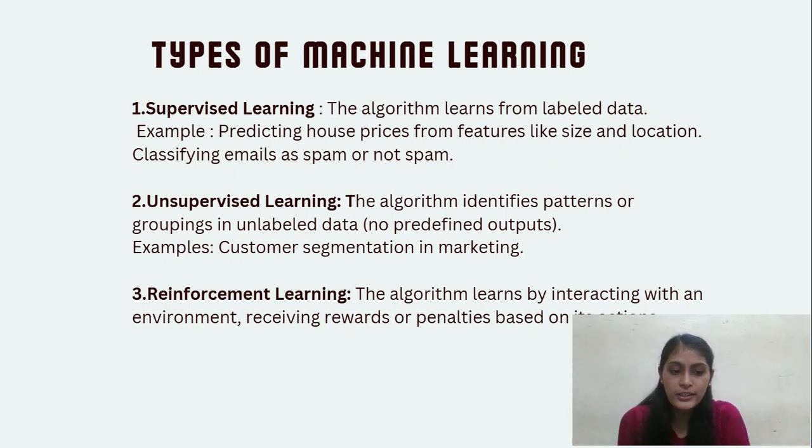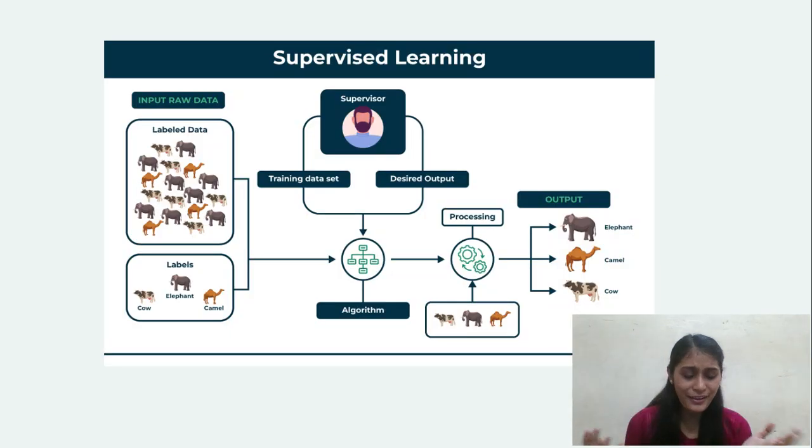Let's start with supervised learning. In supervised learning, the machine learns from data which is labeled. We provide the labeled data to the machine and then it gives the output. For example, classifying emails as spam or not. We provide input raw data which is labeled. We give different images of different animals, but they are labeled, like we tell the machine that this image is of a camel and